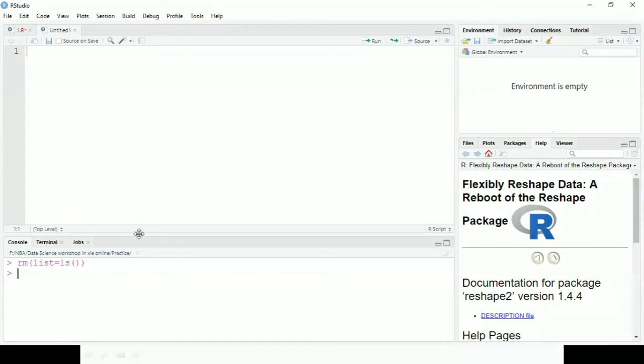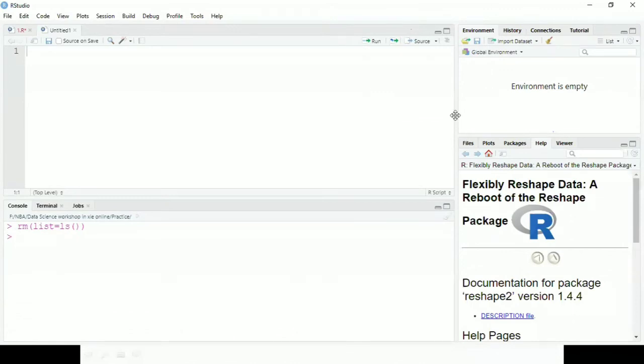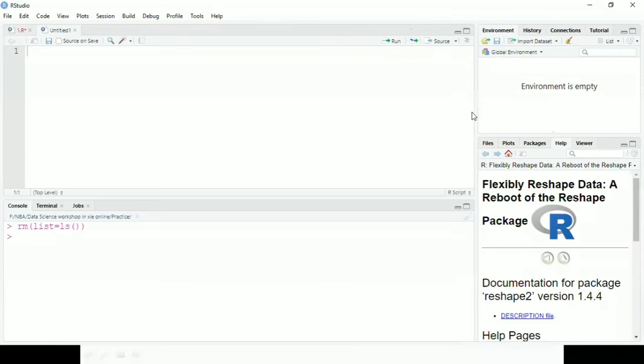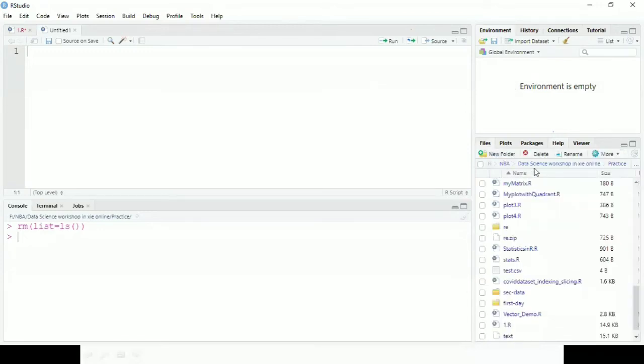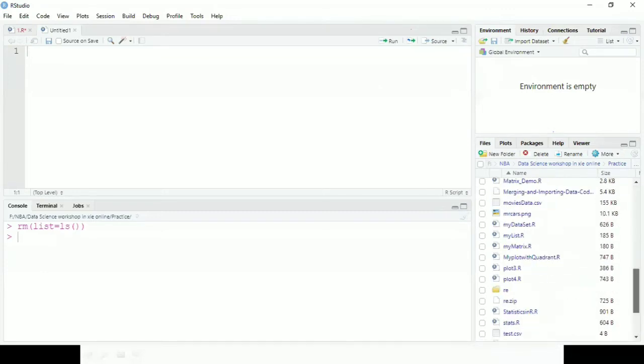You can move up and down like this. This is the environment window. Whichever variables we create, you'll see over here. The temporary variables and everything we do will get stored in this environment over here. And this is the files section, where you'll have your files and folders.